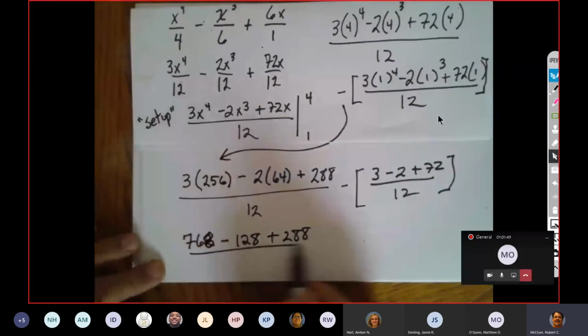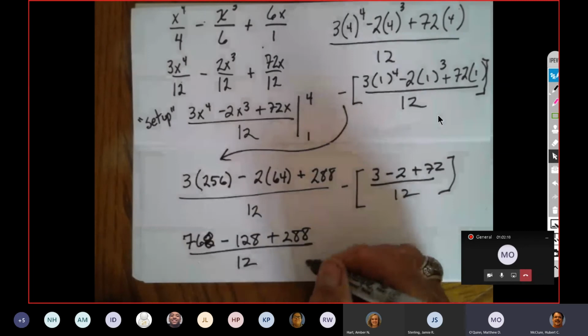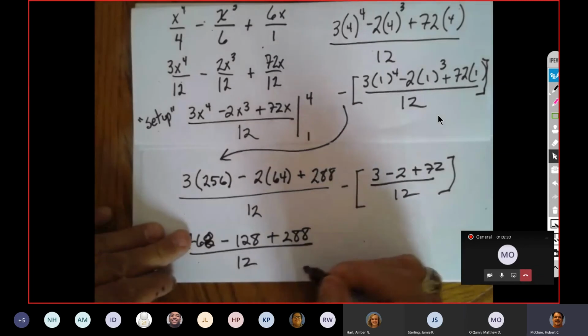Somebody do the, let's see, 768 minus 128. That's going to be 640. What's 768 minus 128? 640. All right, and that'd be 928. Do the top. What do you get? 928. So that's 928 over 12